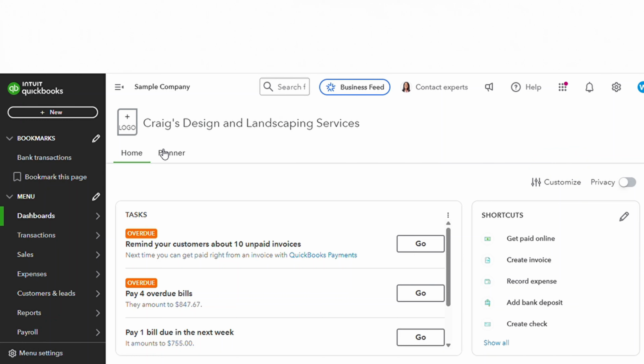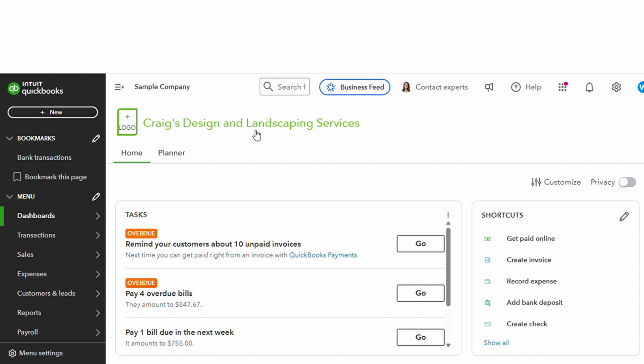I am a QuickBooks certified pro advisor, and real quick, I'm going to show you how to do one of the most basic, but also probably one of the most valuable things that you really need to know how to do if you are managing your business finances in QuickBooks Online, and that is how to categorize a transaction in the bank feed. So right now, I am in the QuickBooks Online sample company Intuit provides, and the first thing